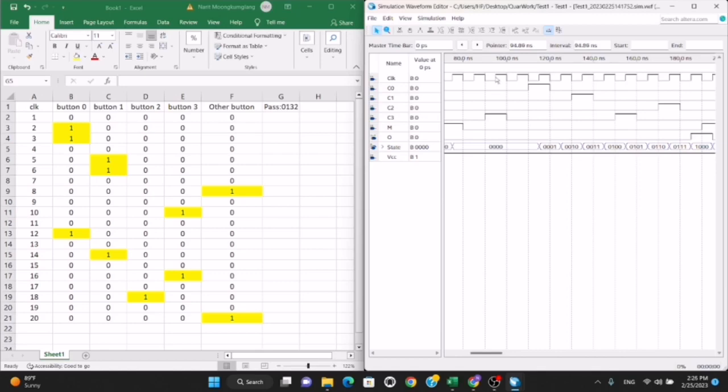At the 10th clock, we push button 3, and it's still state 0 because it's wrong. The first password is 0. At the 11th clock, I release the button, so it's still in state 0 because the one before is wrong. And next at the 12th clock,